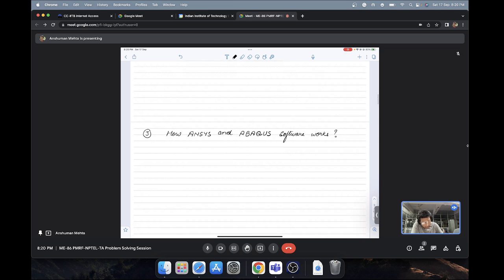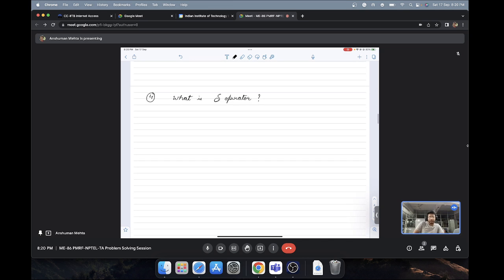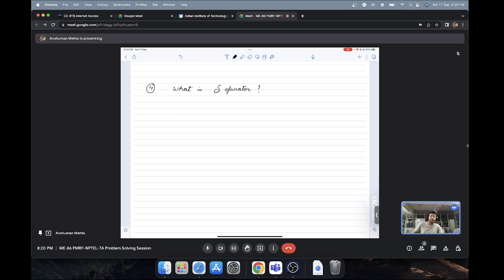So let me answer the related question. Fourth question: what is the delta operator? So the delta operator is called variation. To explain visually,